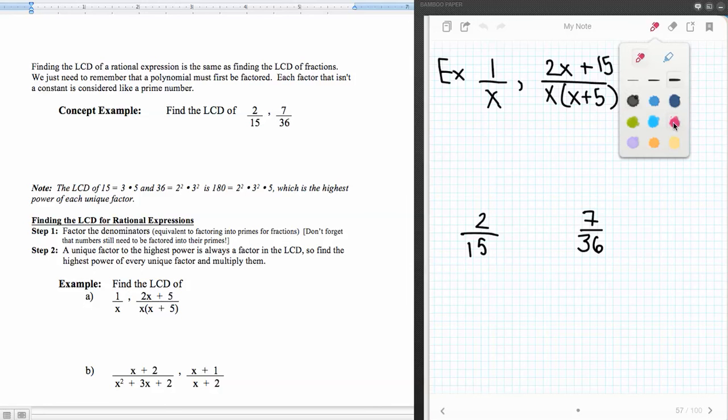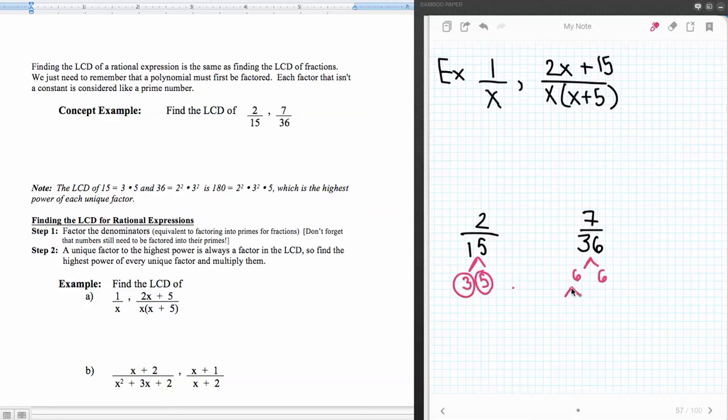All right, so section 12.2 or 12.3, we need to be able to find least common denominators. So reviewing just how to do that with a fraction will help us to see how we do it with a rational expression. So remember, with a fraction, we had to get the prime factorization of these. So we got prime factors of each of our denominators, such as the denominators of 2/15 and 7/36. And once we had those, we rewrote these as prime to exponents, and then once we had the exponents